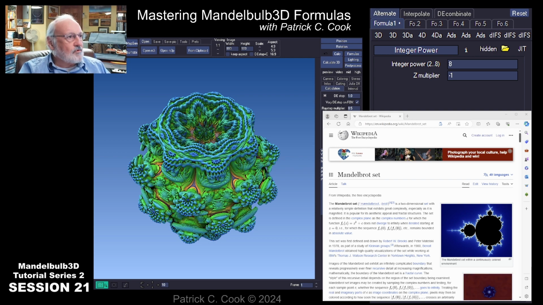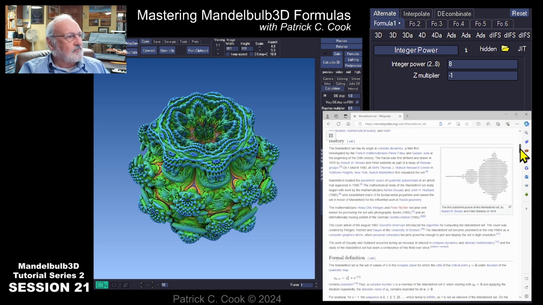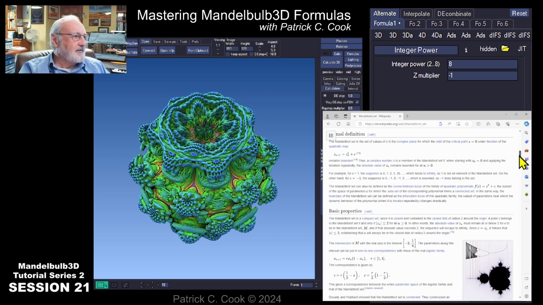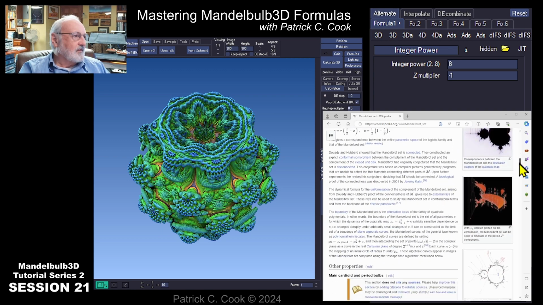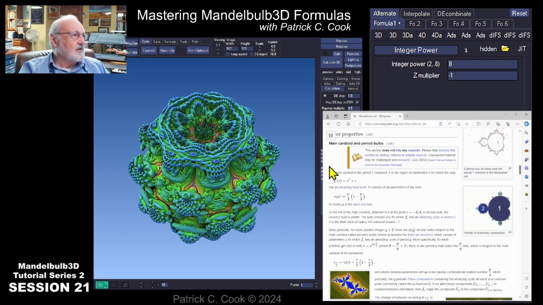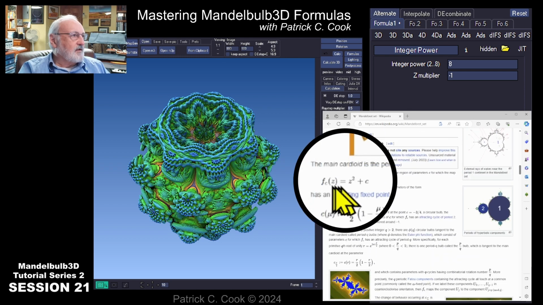And if you look down through this article, what you're going to find is down in here. Okay, here we go, right there. Okay, this formula right here. Let me see if I can, there we go. All right, that formula right there, that represents the Mandelbrot